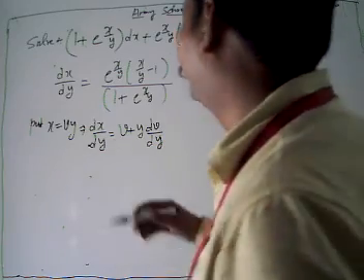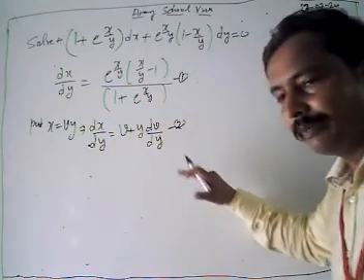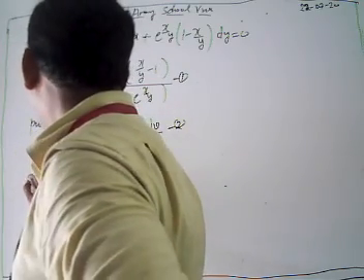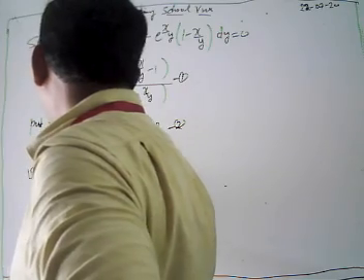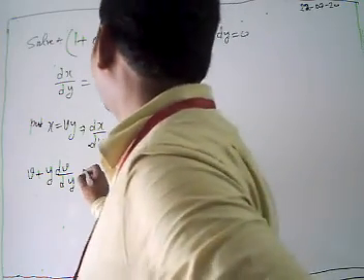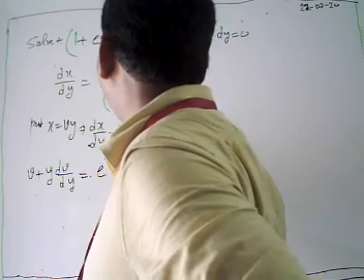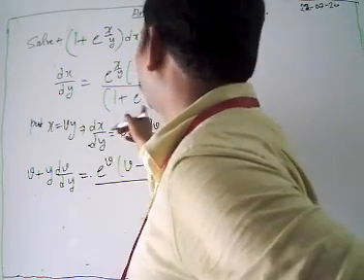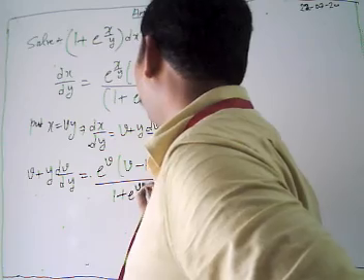Now look again, we are going to change it. This is our equation 1 and this is our equation 2. Now using equations 1 and 2, our problem is reduced to v plus y dv by dy equal to e to power v, here we get v minus 1, divided by 1 plus e to power v.